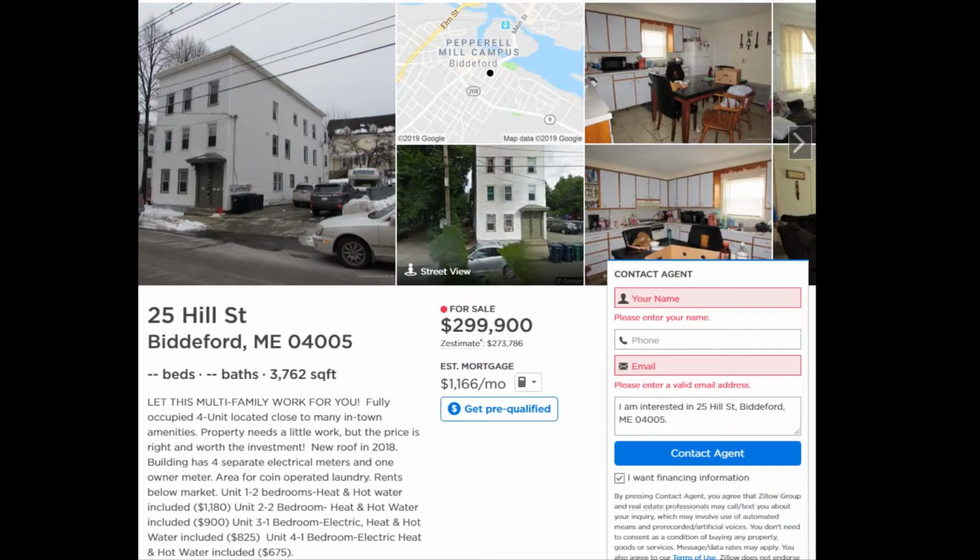So this property I found in Biddeford, Maine. It's going for about $300,000. The rents are pretty good. It's showing it's a 4 unit. It's got 2 bedroom, 1 bath units and 2 1 bedroom, 1 bath units. So 6 bedrooms, 4 baths at this 4 unit